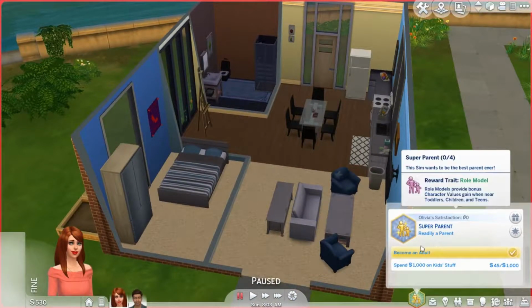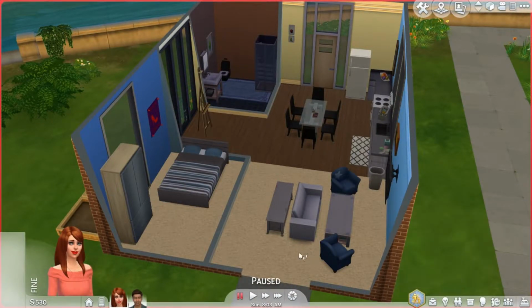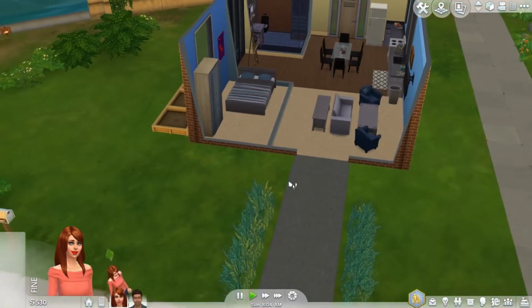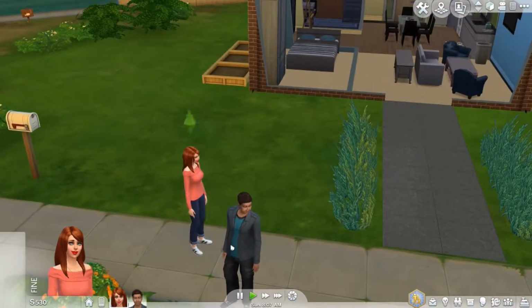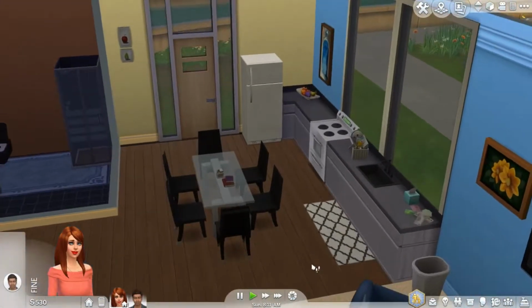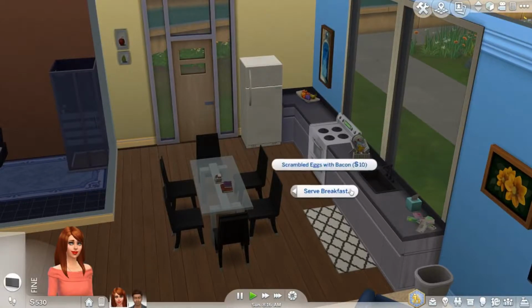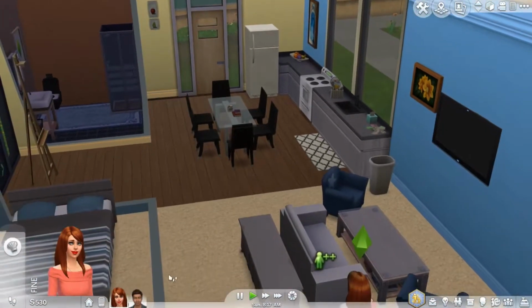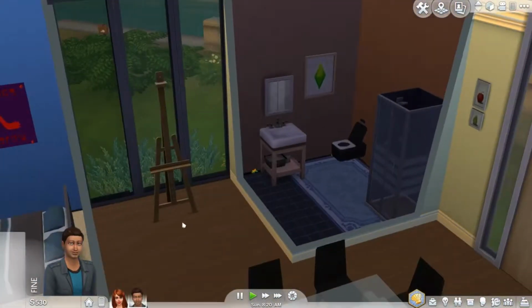So this is her aspiration, as she wants to be the super parent. That's some jobs you can do to make her happy and live out her aspiration. So here she is, Olivia Denny and Samuel Denny. Now we're going to go over here and we're just going to have her cook. We're going to have her cook breakfast. We're going to serve some scrambled eggs and bacon. And as for Samuel,